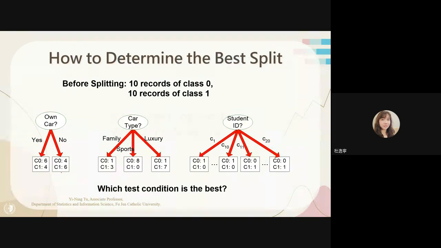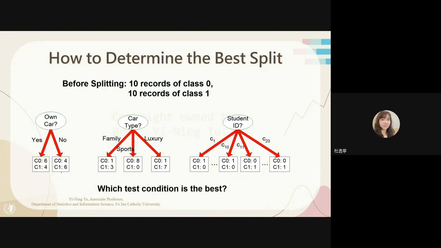This attribute have 3 branches. First is family, and C0 is 1, C1 is 3. More clear, right? In this case, sports, C0, 8, C1, 0. It means as long as I ask you, is your card type sports? If answer yes, then I will say you are all class 0. No excuse, no exception. 对吧？分得很清楚。